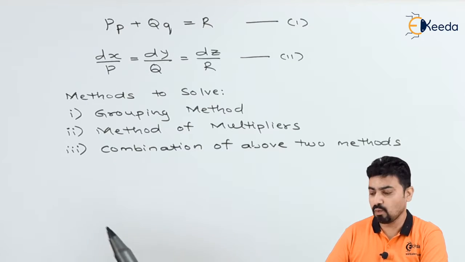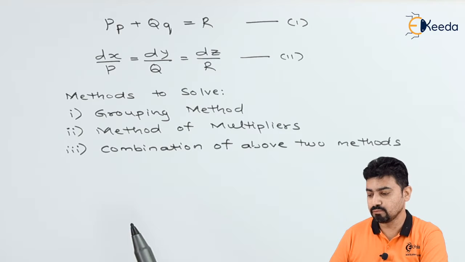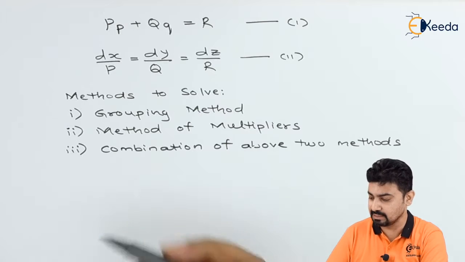Now we will check each method one by one after some time. Before that, let us move ahead and let us assume that we get the solution of the first equation using the second auxiliary equation as